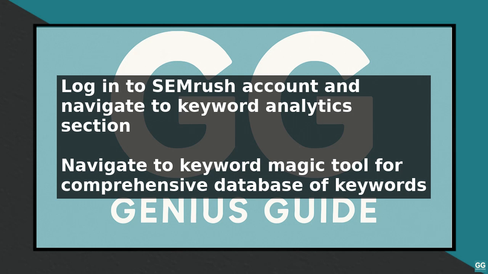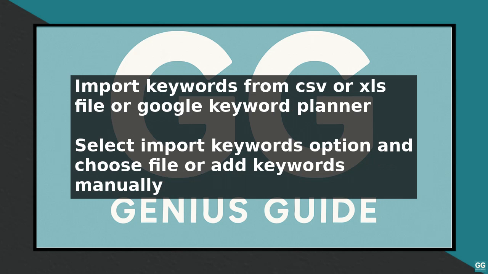Next, click on the Keyword Magic tool, which is a comprehensive database of keywords that Semrush offers. In this section, you will see an option to import keywords. Click on it and select the Import Keywords option. You can import keywords from a CSV or XLS file, or you can also import them from Google Keyword Planner or other tools. To import from a file, click on the Upload Your File option and select the file that